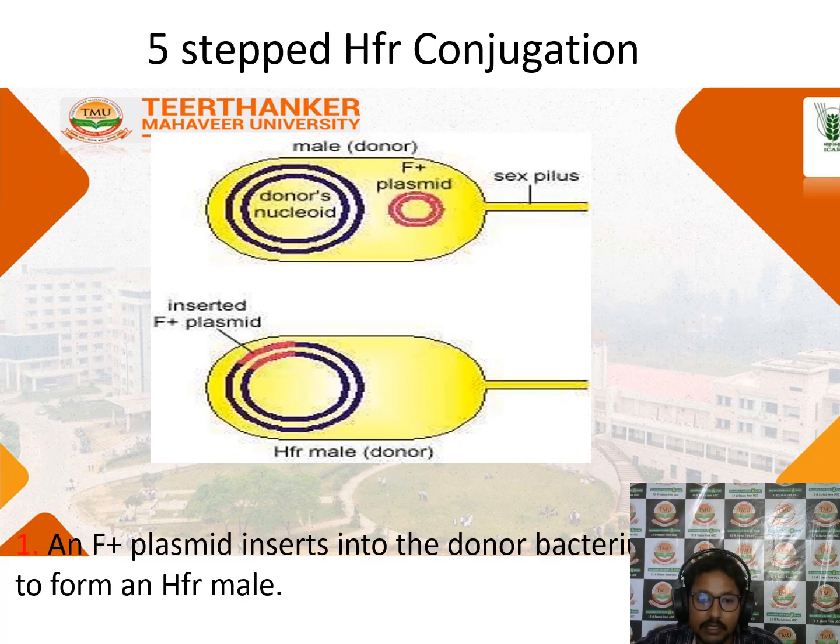So here you can see an F plus plasmid. Here also an F plus plasmid, and in high frequency conjugation, what happens? Sometimes this F plus plasmid will directly incorporate into the main nucleoid of its own bacterial cell. Then this F plus plasmid is inserted into the main nucleoid, and this is called high frequency recombination, because